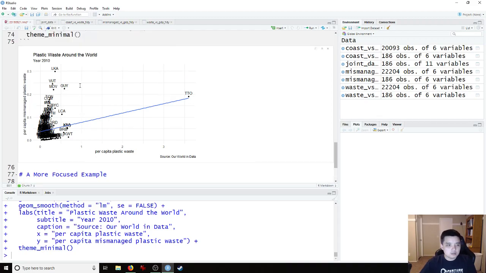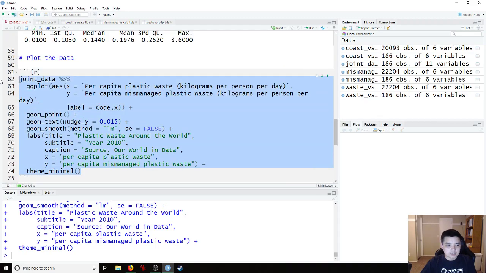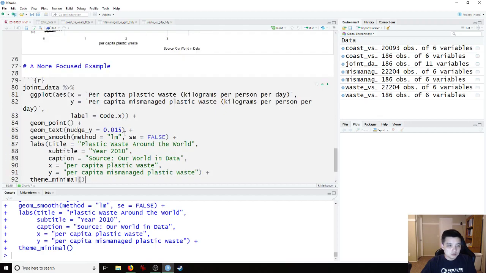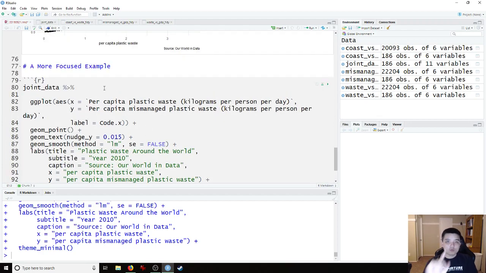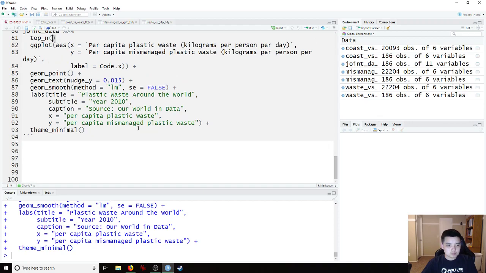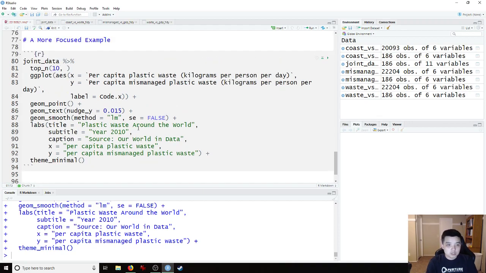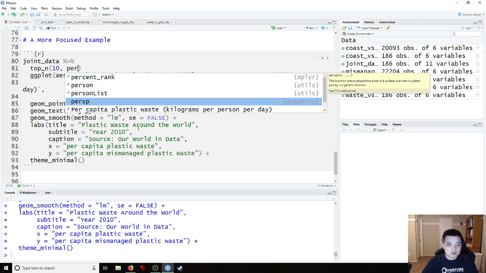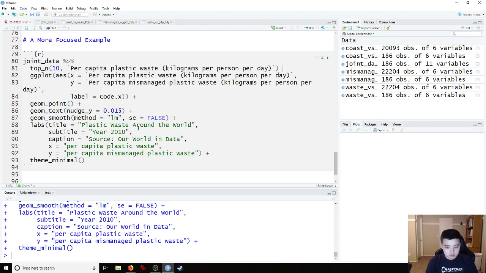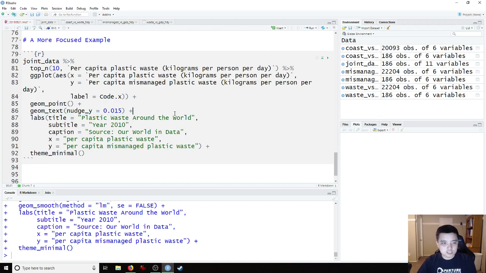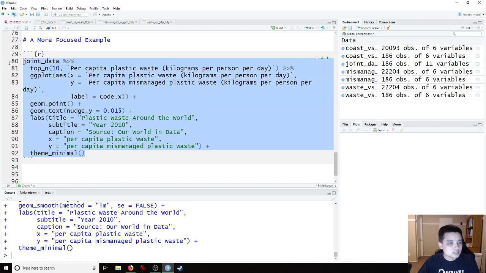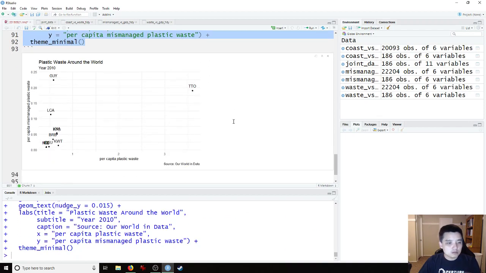I'm going to be able to take all the previous code that I made, and the one line of code I need to adjust this is that we're going to take the top, let's say 10 countries based on their per capita plastic waste. Now, at this point, the regression line is kind of disingenuous, so I'm going to take that out. Let's see what this does here. So now you can see